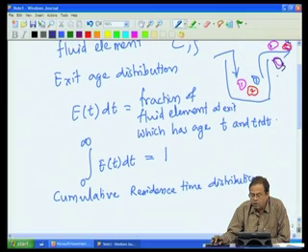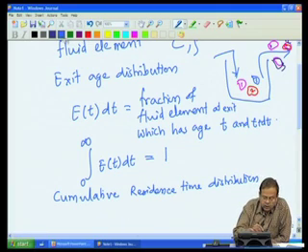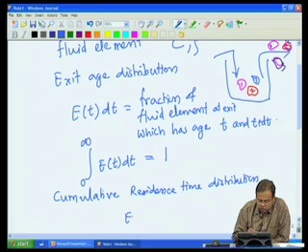Now, when I look at these fluid elements, let us say I want to know what fraction of these fluid elements has age which is less than, let us say, 3. So, I will count all the fractions which have 1, 2 and 3. In other words, if I look at my exit age distribution E of t dt